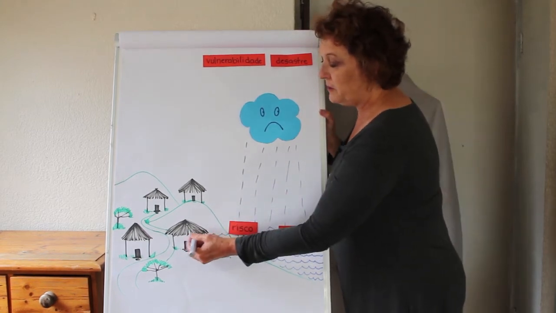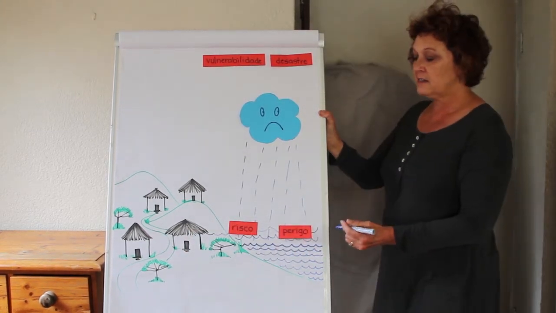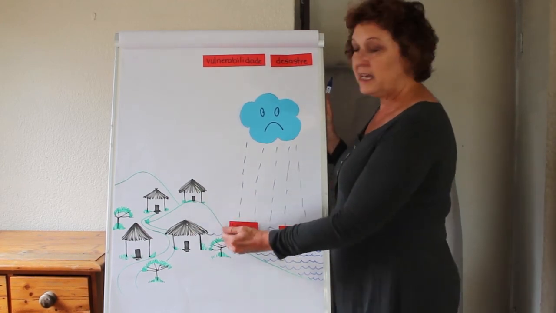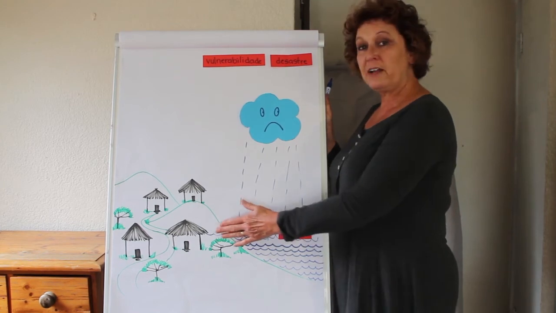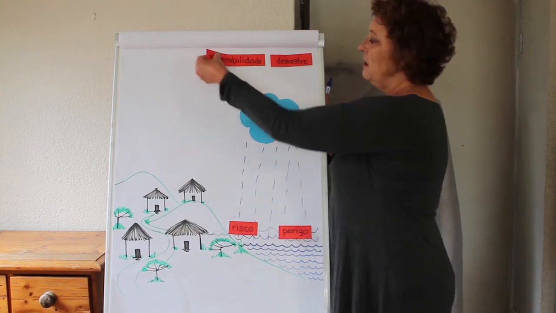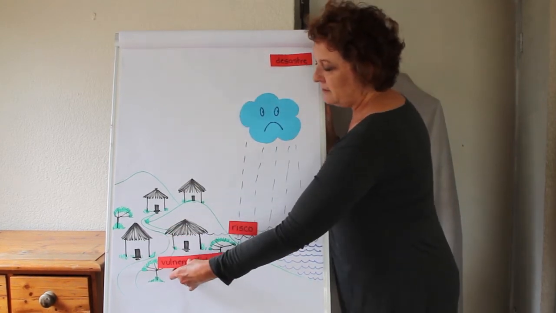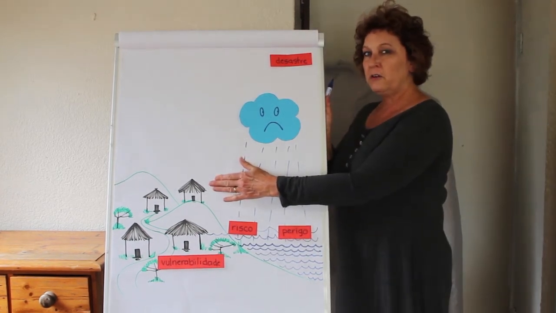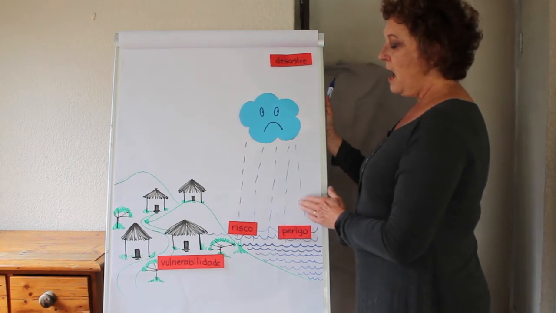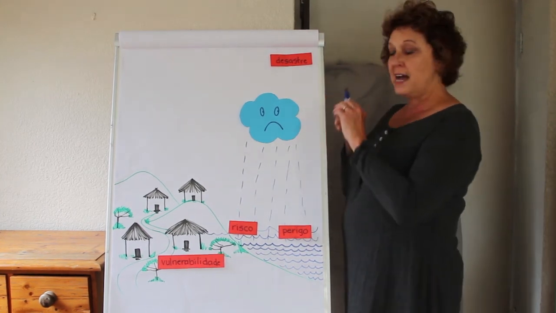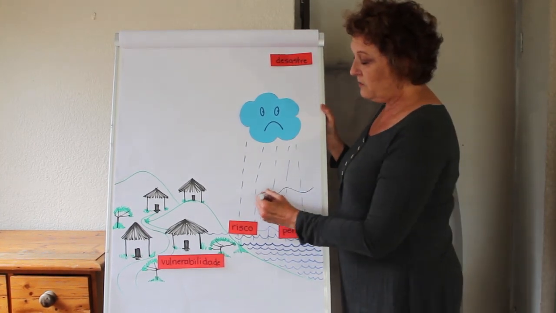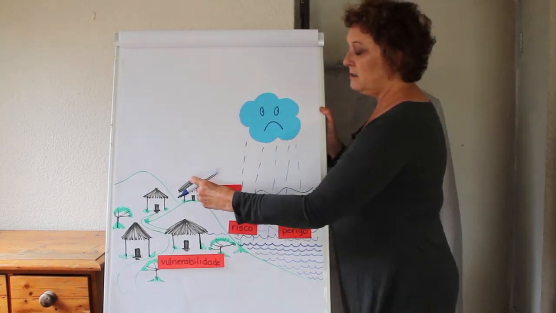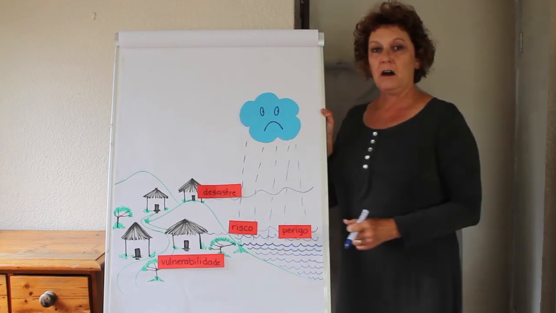But only some people are at risk of flooding and not others. And that's because the people living closer to the river and lower down the hill are vulnerable to flood risk. And so these are the vulnerable members of the community. Whereas these people here are generally quite safe. And of course, if the level of the river rises even further, then even these members of the community are likely to face the prospect of a disaster.